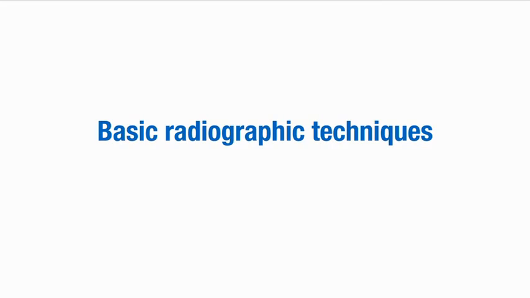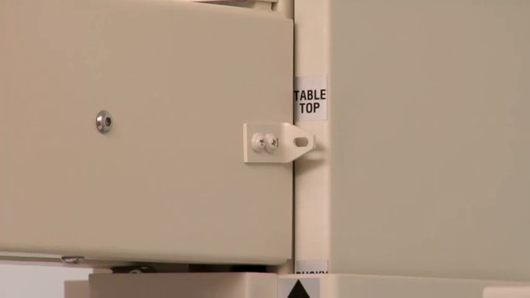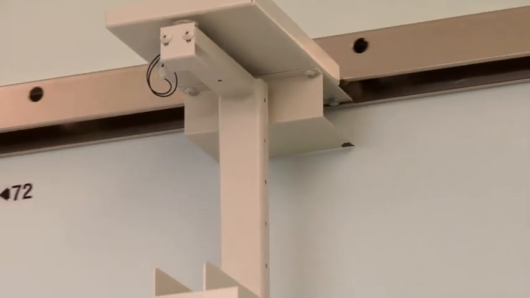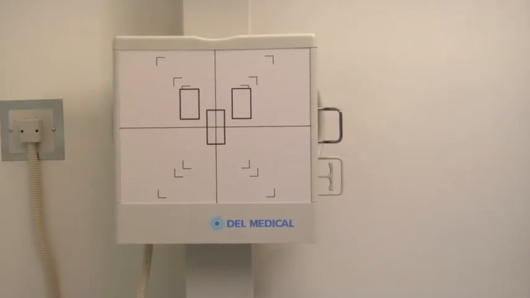This video provides a basic overview of radiographic techniques and demonstrates how to set up and perform an X-ray procedure. Equipment required for the conventional radiography procedure includes the following: a generator, an X-ray tube, tracking measurements on the X-ray tube column and ceiling track for source-to-image receptor distance, an image receptor, such as an upright bucky, an adjustable collimator,